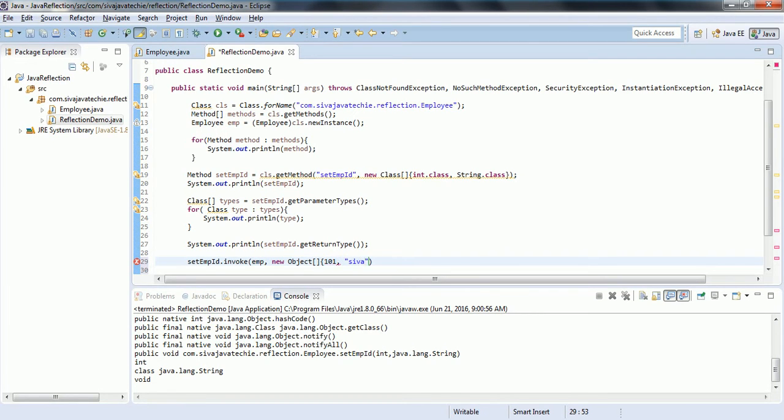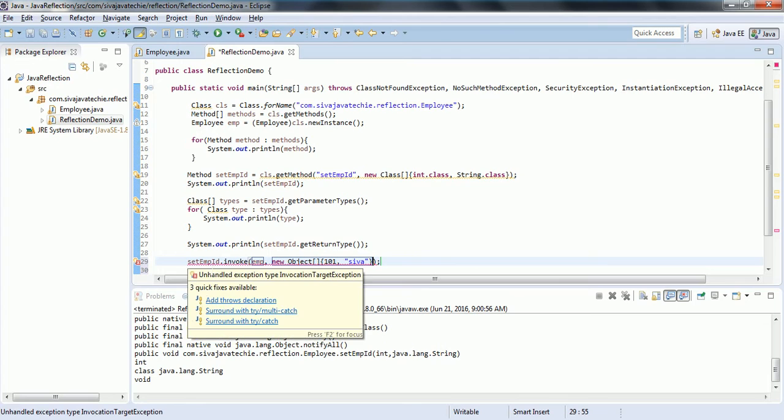Okay, now what it is going to do is invoke the set employee ID method.